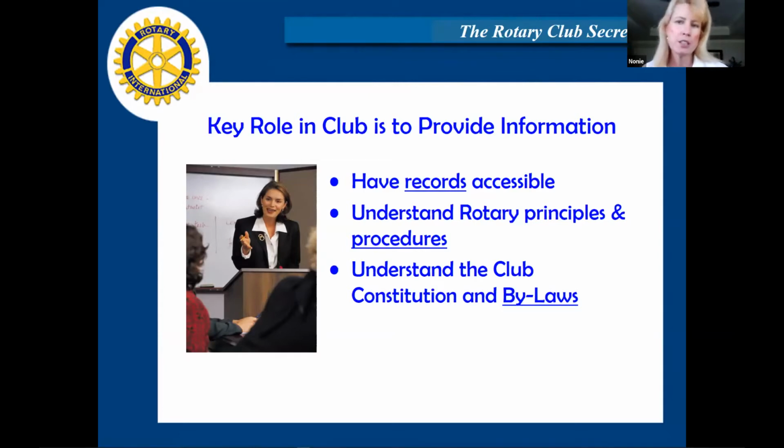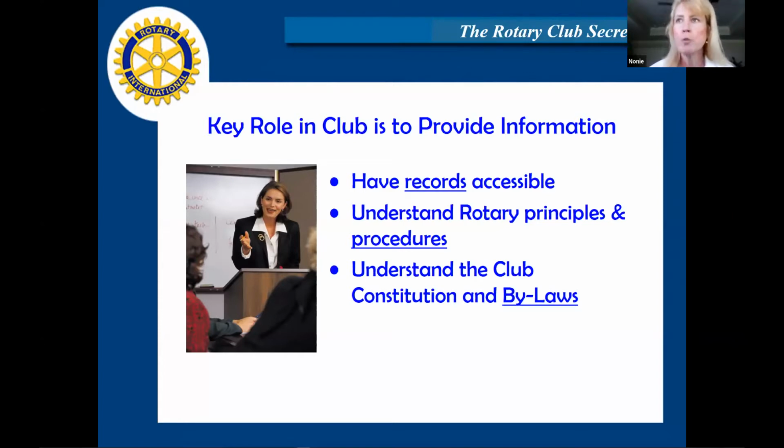Some club secretaries do some things in some clubs, and in others they do something different. The treasurer might handle some of that. Membership might handle that. You need to understand what your club is set up to run. And if there's something that's not functioning, maybe when you read the Constitution and the bylaws, you might want to bring that up to your board.